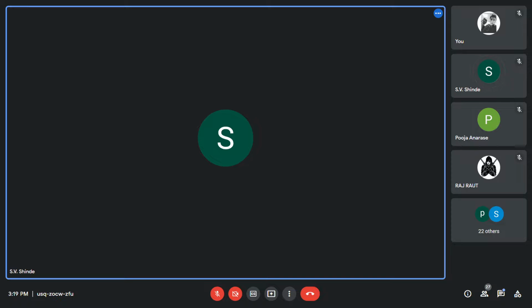Okay, so let us start with today's session. In today's topic, we will be discussing skip list and some generalized linked list, that is GLL.